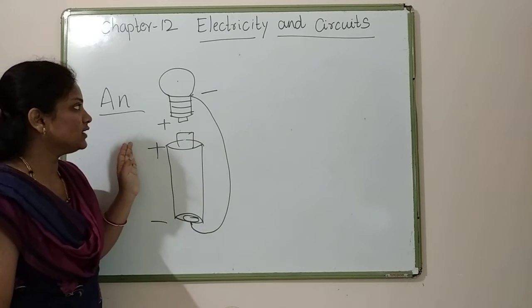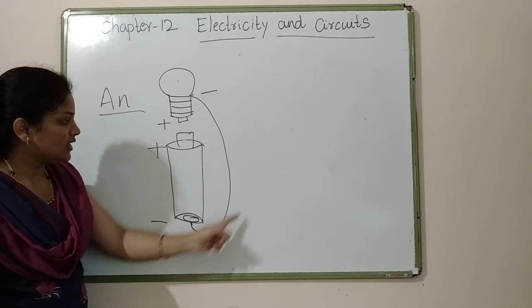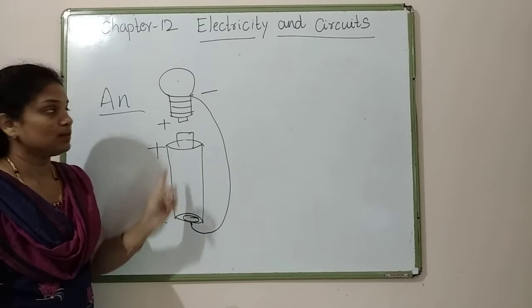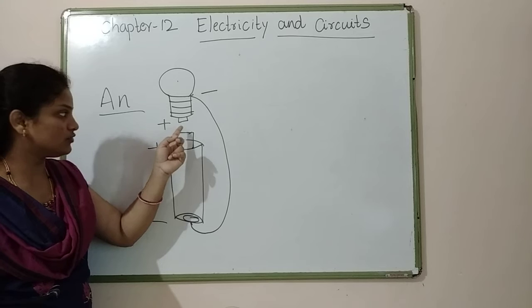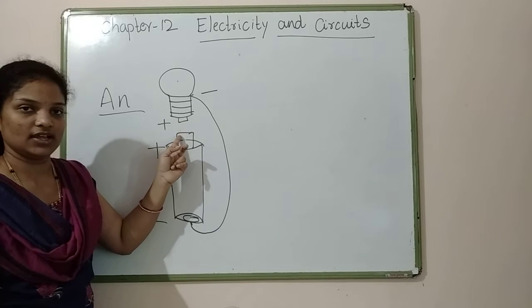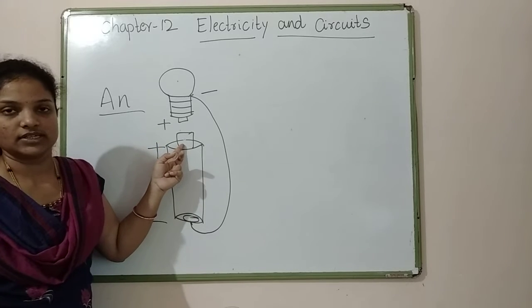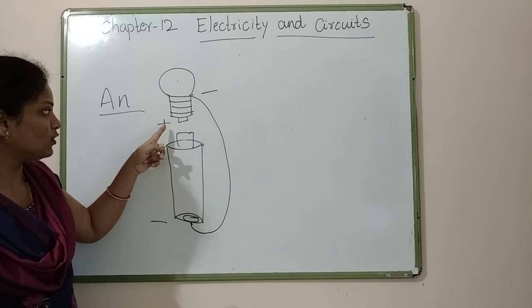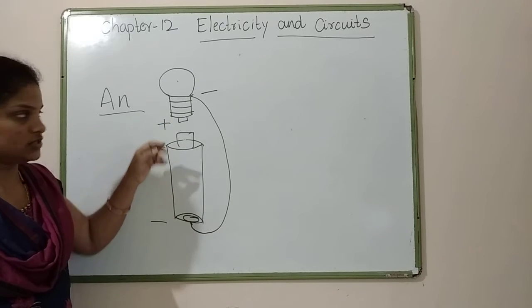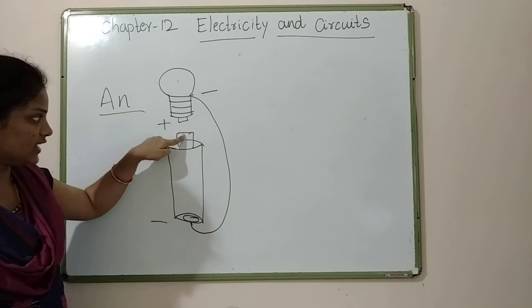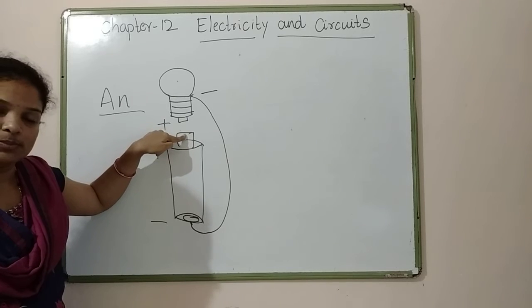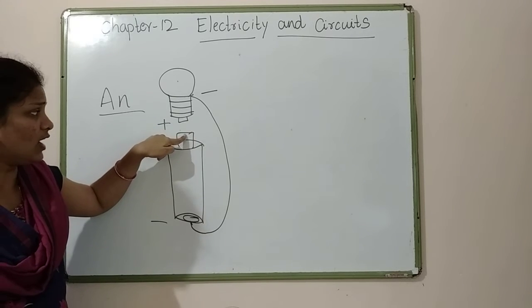So what you can do is take one wire and connect it negative to negative. On the positive side, don't connect any wires. If you touch this to the cell, will the bulb glow? Yes, obviously the bulb will glow. Why? Because positive is connected to positive, right? If you touch this bulb directly to the tip of the cell, the bulb will glow. How does it glow?